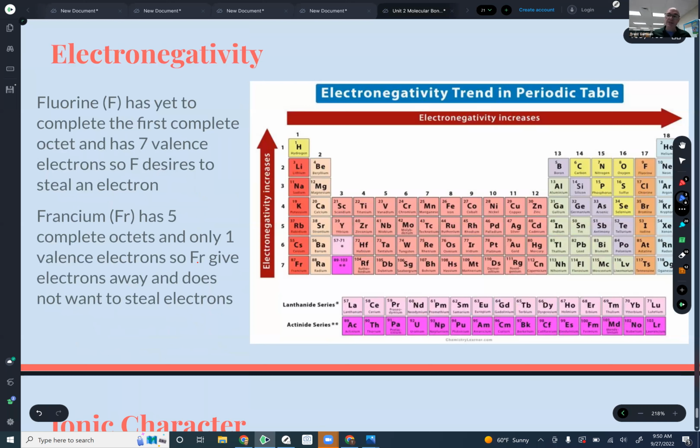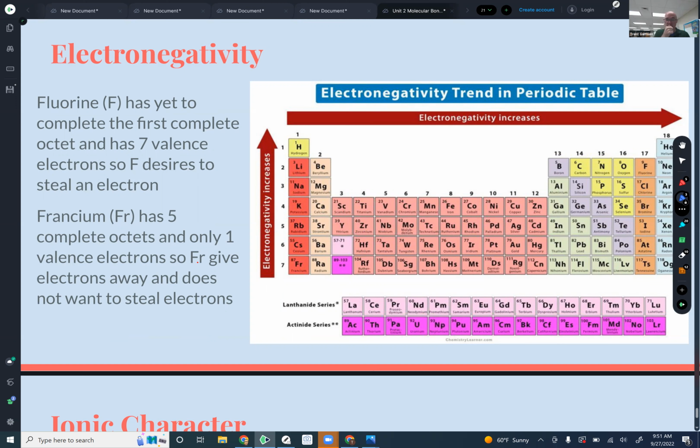Now, why does fluorine have the largest electronegativity compared to some of the other elements? It's because fluorine does not have a stable octet yet, but it still desires one. It has 7 valence electrons. Well, that's very close to a stable octet, but it doesn't have that yet. And if I compare it to francium, francium already has 5 stable octets, but it